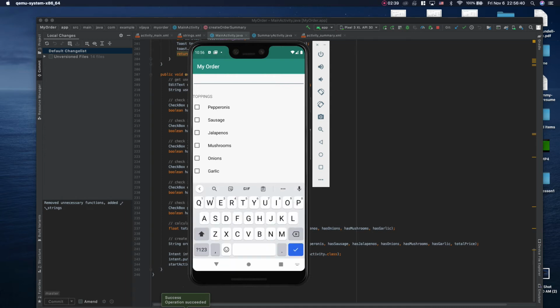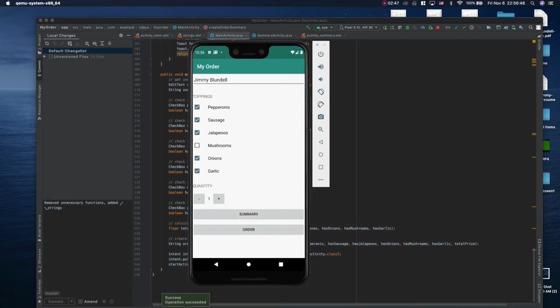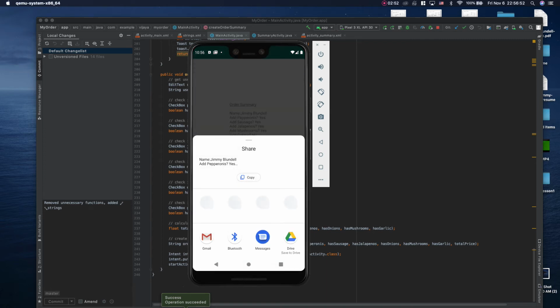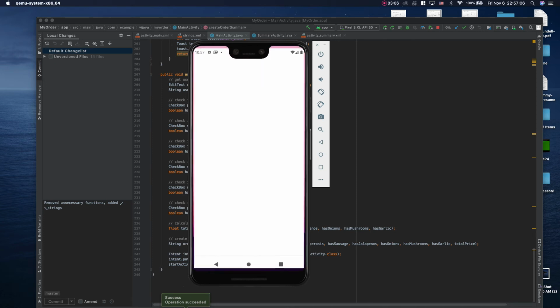But we'll simply redo the order we just did: pepperoni, sausage, jalapenos, onions, and garlic, and go to the order. Now, when we order, this essentially submits our order, and it allows us to share the order summary in various ways. We could copy this and send it via a message, but as the ICP guidelines stated, I'm going to send this through email. So I'll go to Gmail, and this